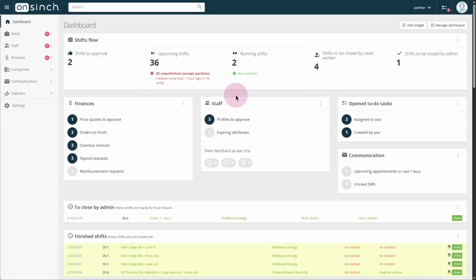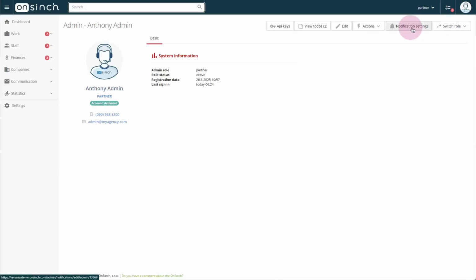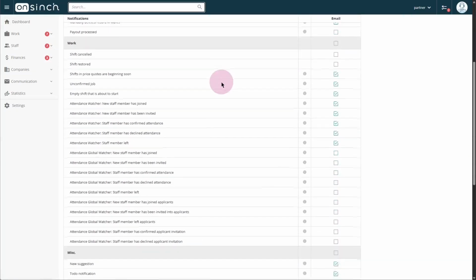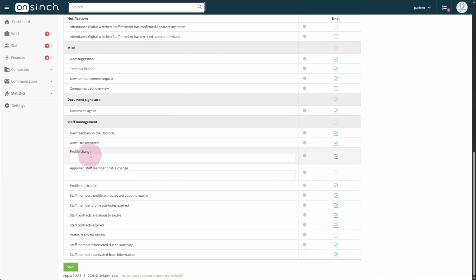When there's a certain attribute you don't really need to approve or decline, but you want to be notified by the system that there has been some change to it done by the staff member, you can turn on a notification in your notification settings. To do that, navigate on the top right corner and click on your picture and name, and here go to the notification settings. In this Your Own Personal Notification settings, in the section Staff Management, you have notification email for